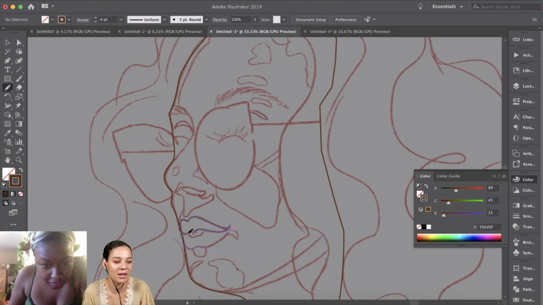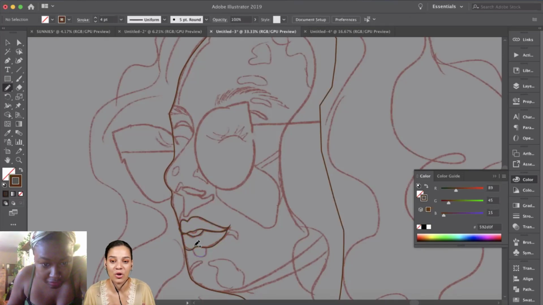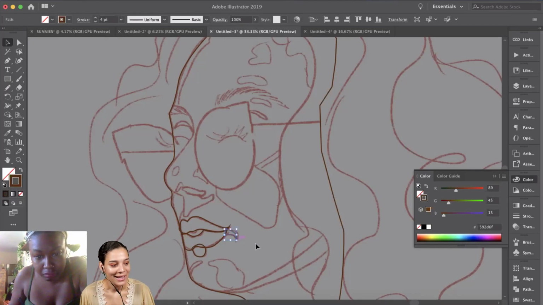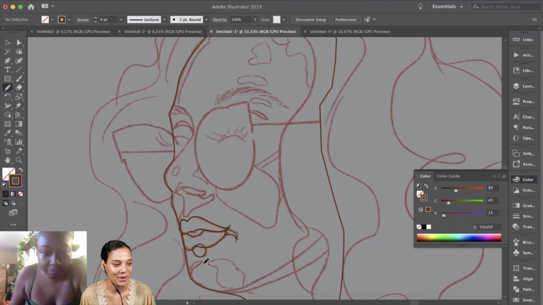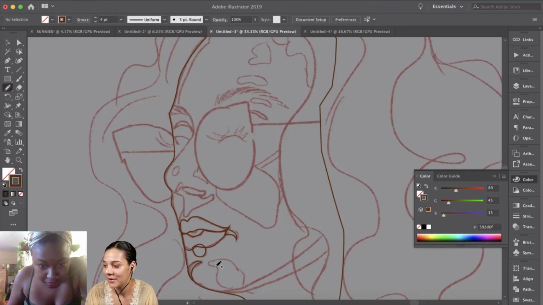But if I'm doing something more organic, as a painter I usually end up working with the brush tool, which is my preference. It's similar to the pencil tool, where you can freehand and get more organic shapes and curves. You're right on that. Actually, I'm going to utilize the brush tool, because that's a good one.